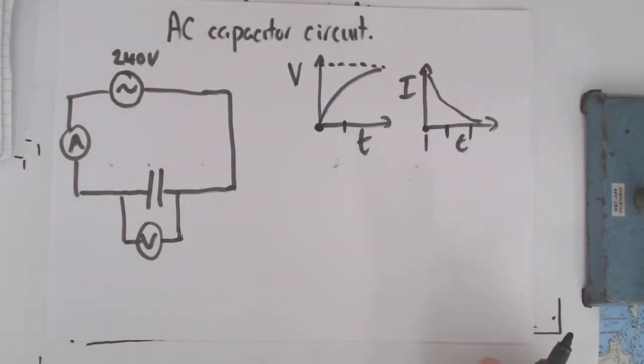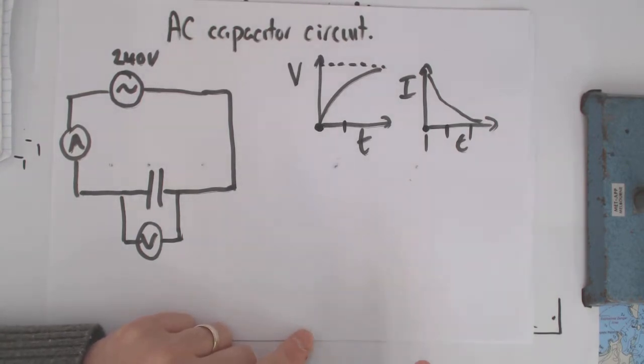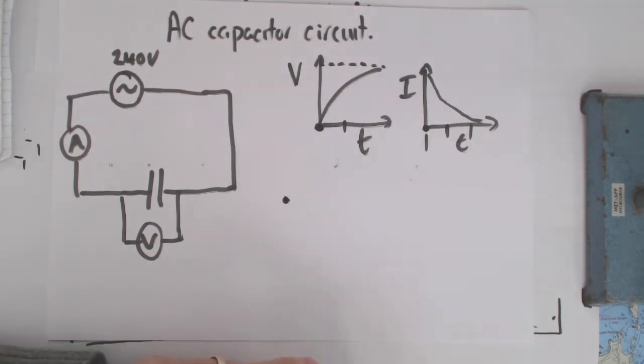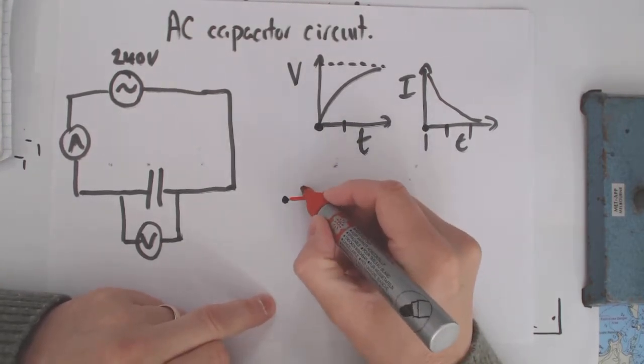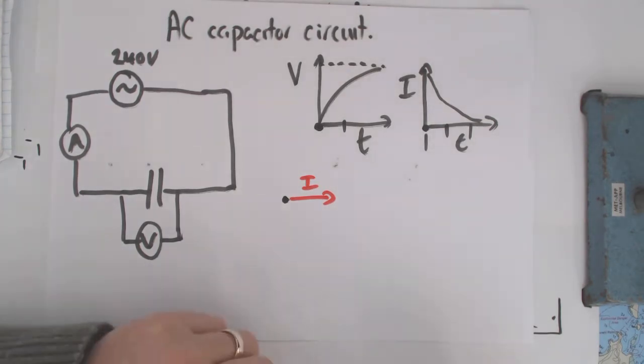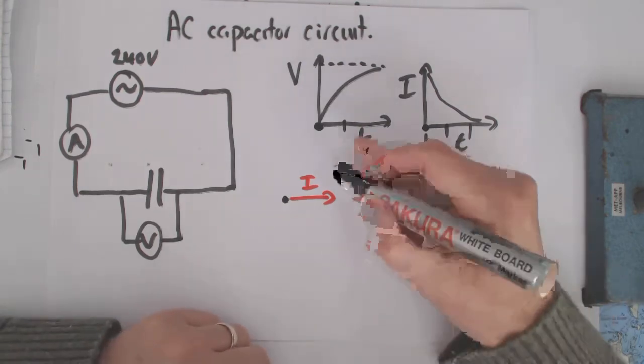So if we're going to draw a little phasor diagram for the charging of a capacitor, and with alternating voltage you're going to have charging, discharging, charging, discharging all the time. But if we're going to draw a phasor diagram, and if the little red one is my current, then the current will reach maximum before the voltage. So as this rotates up here, if the rotation is this way,